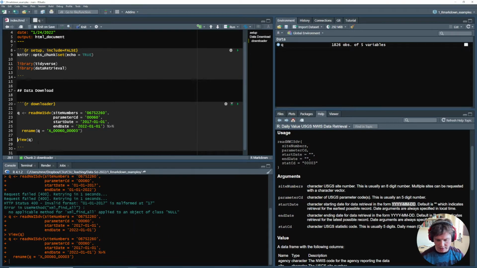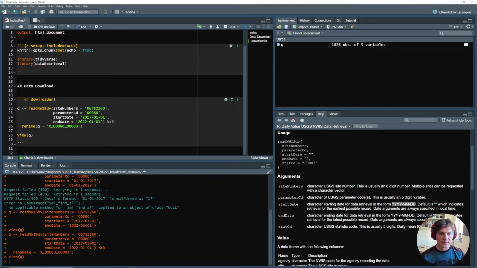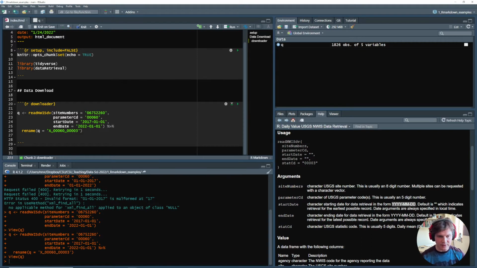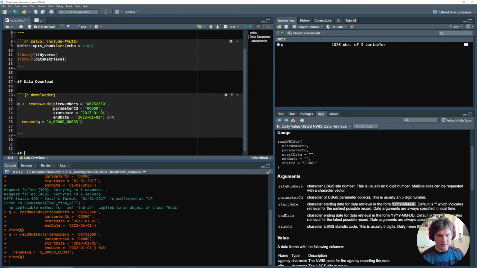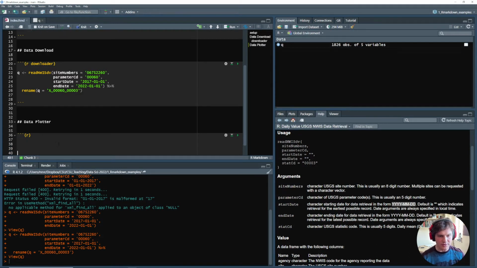That should now have this simpler title, it says it's the discharge. Okay, great. So that's really simple and basic. And then we can say data plotter. And now we'll just use some ggplot syntax, which I hope you already know, to make a sort of static